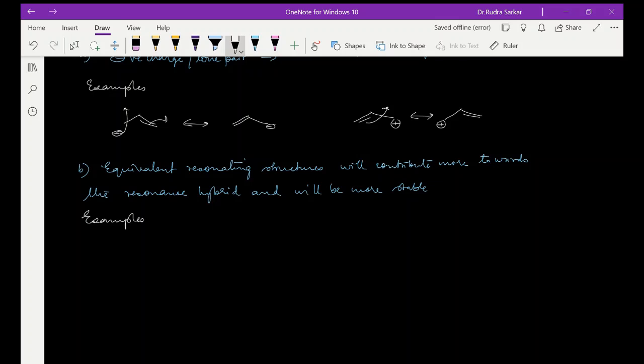Say we have been given the carboxylate ion. So if you look at the other resonating structure, then it is very similar to the first one, and both of these will be making an equal contribution towards the resonance hybrid, which will be having the following structure. Okay,